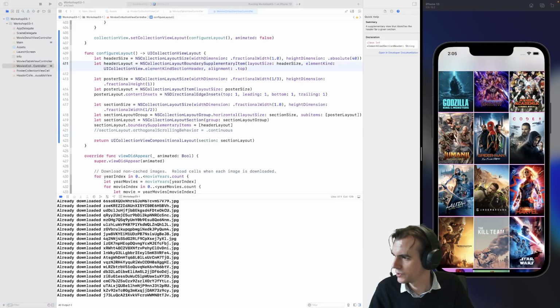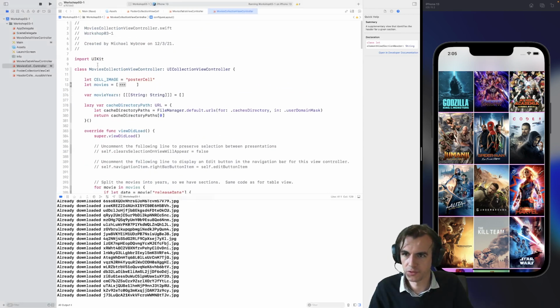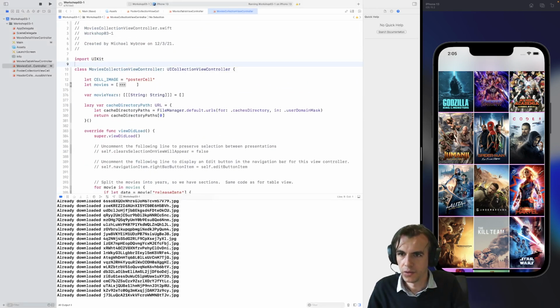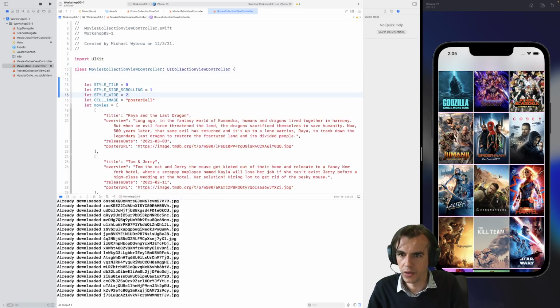So I was going to do, let's say 3 or maybe 4 of these. We've just done this tile style, but let's put a couple of constants up here. And